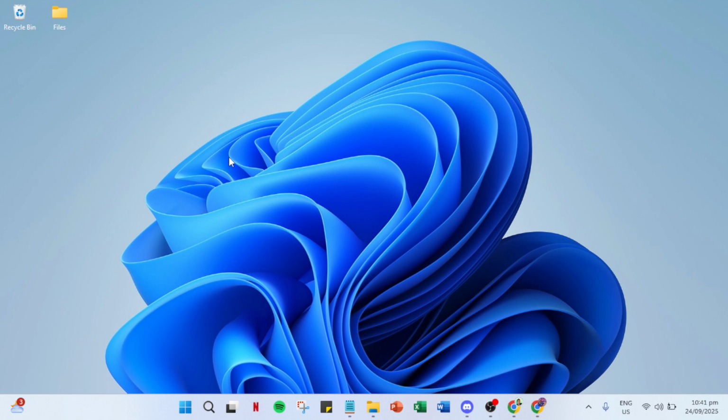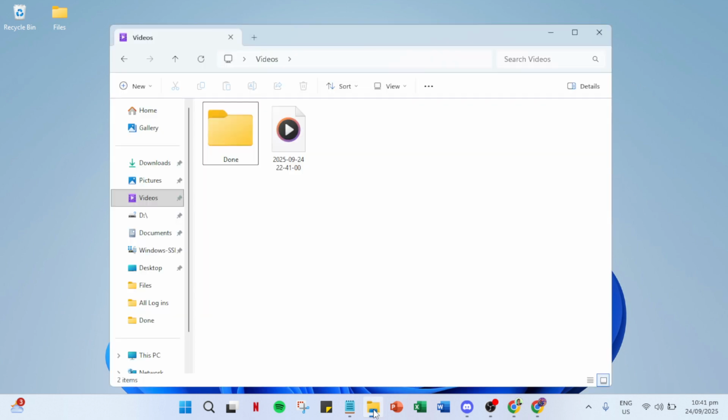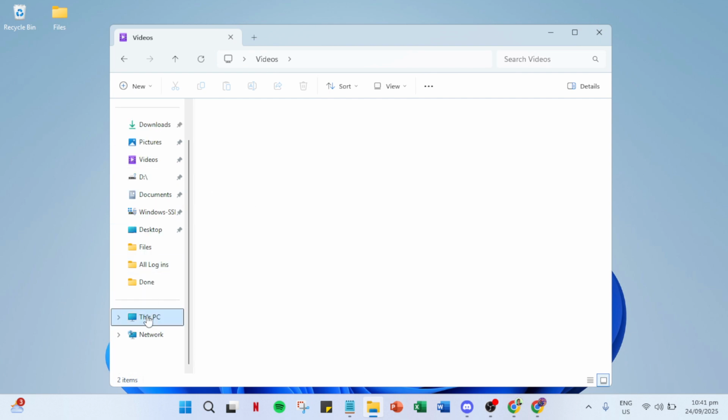First, you'll want to open your File Explorer. You can do this easily by clicking the folder icon on your taskbar. Once you have File Explorer open, look to the left of the window and locate This PC. Give it a click. This will show you your available drives, including the C drive, which is likely where most of your files reside. Next, click on the C drive to open it.